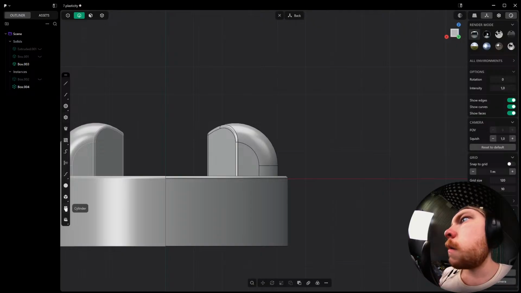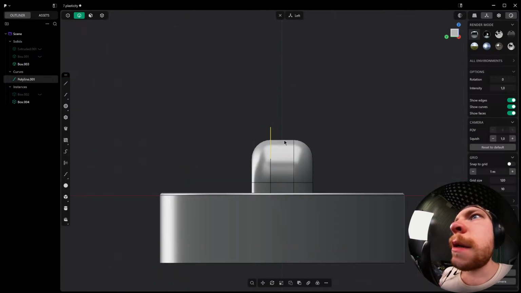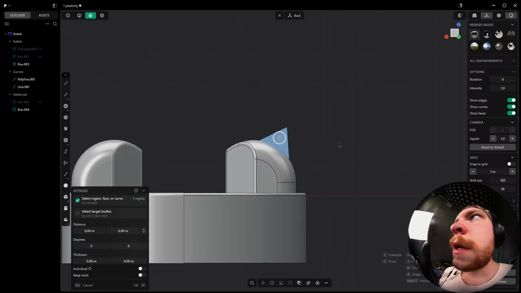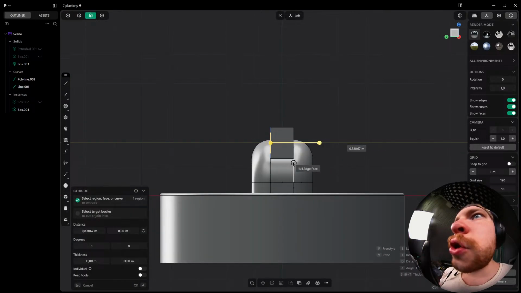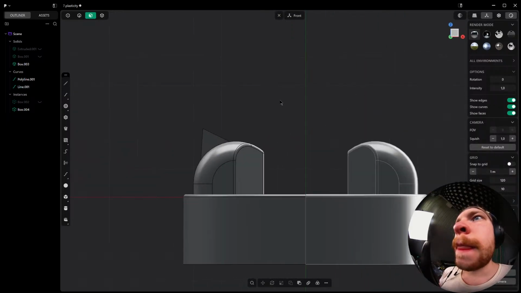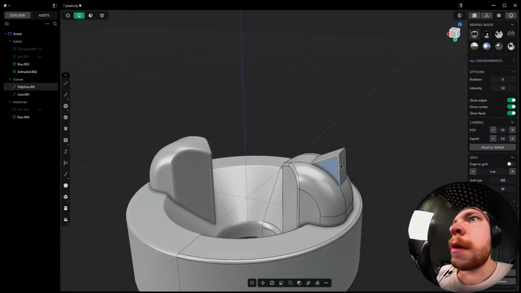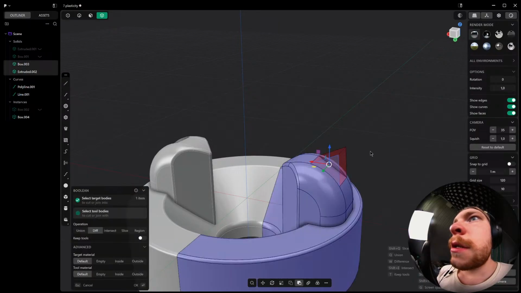Okay, if I make a little line go kind of like that, and then I guess I need to also close it. Then I can extrude it over there. And then I can select this, union,